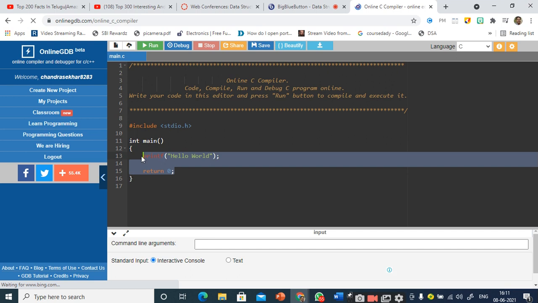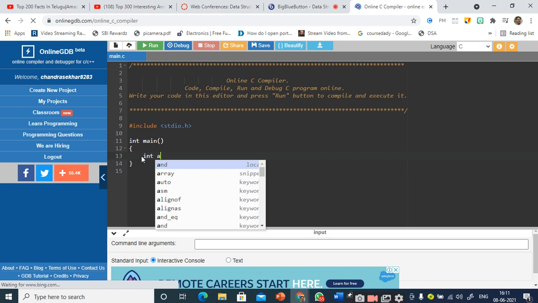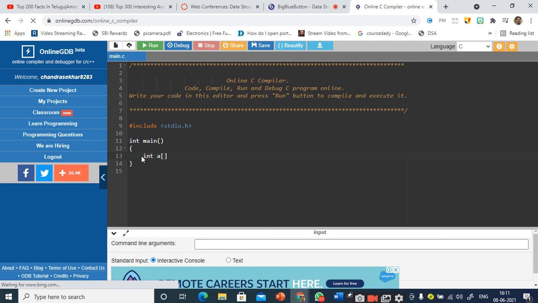So we will be demonstrating this pointers concept in the case of arrays only. So please concentrate. First we are going to declare an array, right? So int a of 10, let us take the size of the array as 10, and let us initialize the array. You know the concept of initializing, right? Yes, sir.